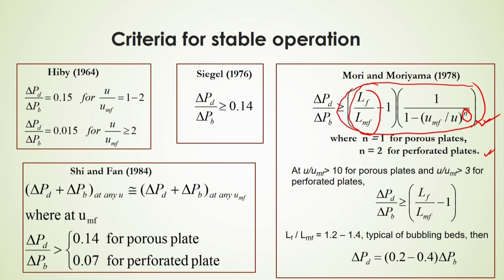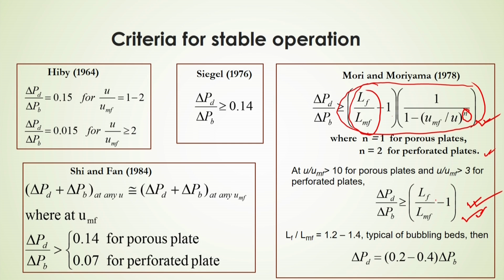This applies if the gas velocity is greater than 10 times the minimum fluidization velocity for porous plates, and greater than 3 times the minimum fluidization velocity for perforated plates. You have to consider the distributor pressure drop